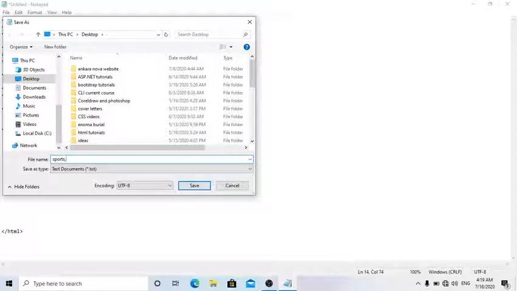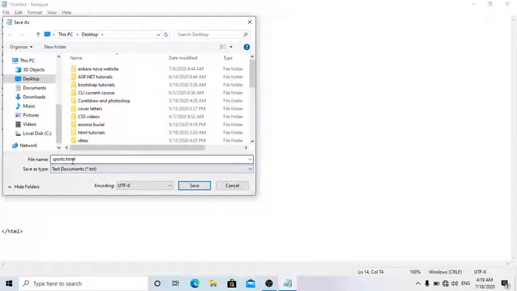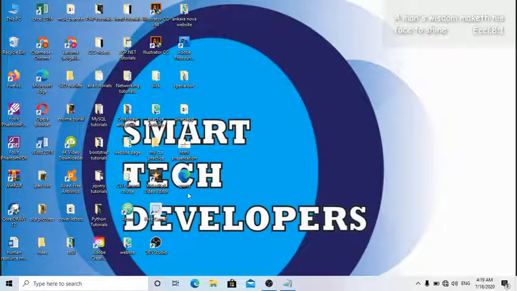You must add .html so that your browser will know the kind of file that it is dealing with, and then you come here and leave it as a test document because you're working with a test document. So it's sports.html. You must add your .html there, and then you click on Save. Having done that, you simply come to your screen here. You see that it's been saved here